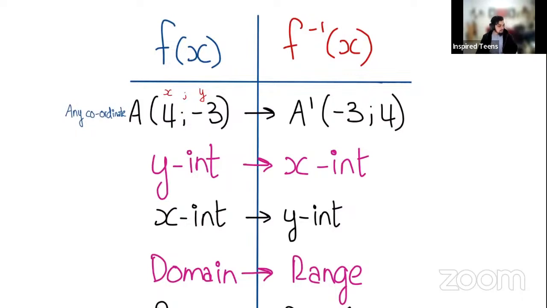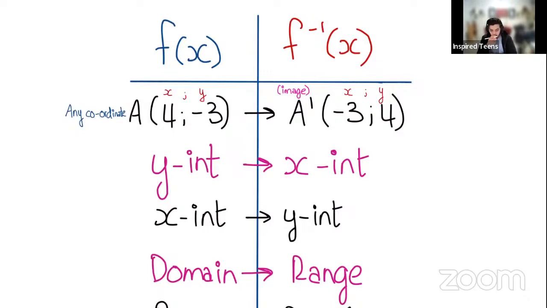So if we have a with the coordinates 4 and -3, okay, its image, they refer to this as the image of a. The image of a is basically the same coordinate, but on the inverse function. So the image of a prime in this case would basically flip its values. So the x value becomes the y value and the y value becomes the x value. So here you'll see we have 4 and -3 for the regular function. And for the inverse, you have -3 and 4. So the x and the y value flip. And this is true for every and any coordinate going from the regular function to the inverse function